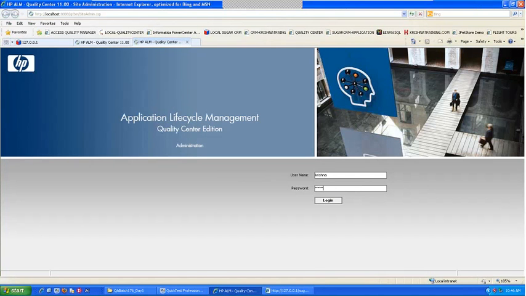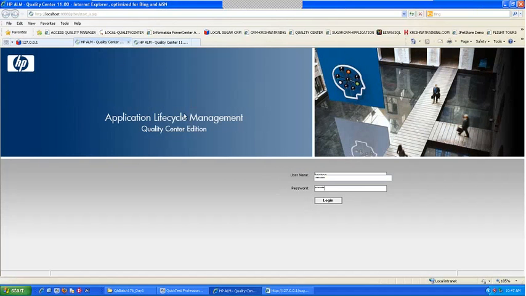Oh, okay. So we can't work on this in the VMware. No. Don't work on this in the VMware, please, because anything you mess up here, you will not be able to launch ALM anymore. Okay. So how will we practice on ALM, Rajesh? This is the tool that you will be working on, the ALM tool.